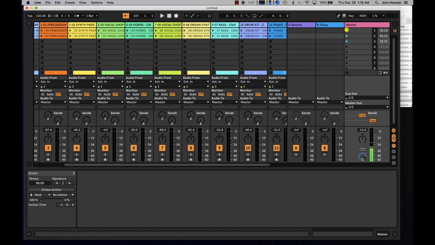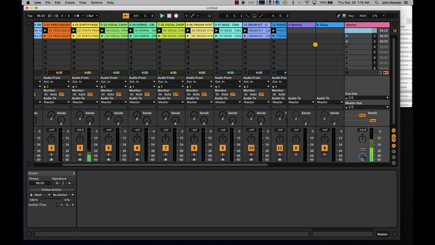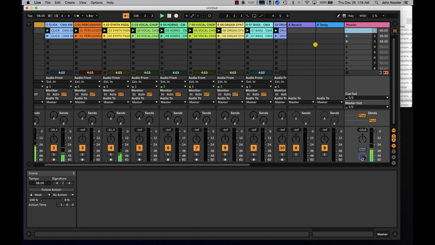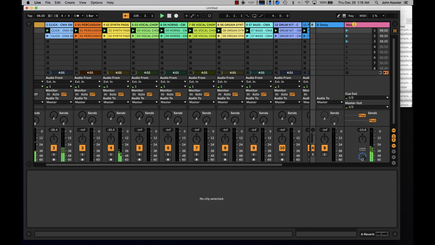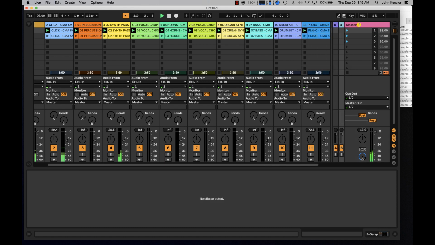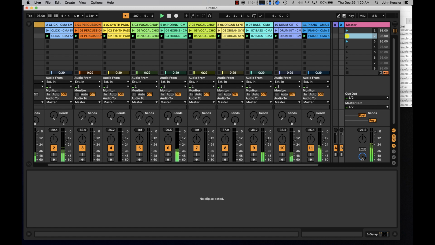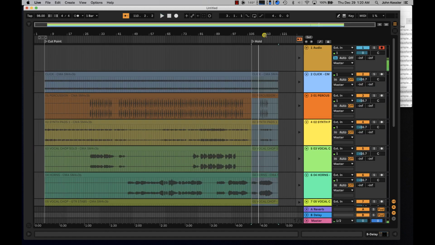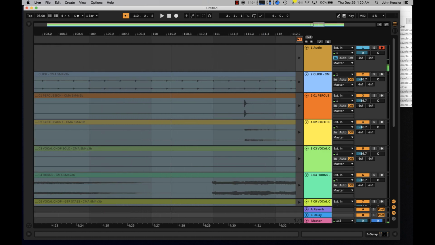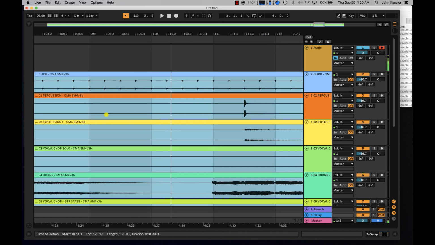So if I hit start, we start directly on the downbeat of 1. We don't have that 4-click count, which is kind of nice. And if we play scene 2, this is our coming out of the hold. Oh, I forgot something. That's our hold, but we need to come out of this hold